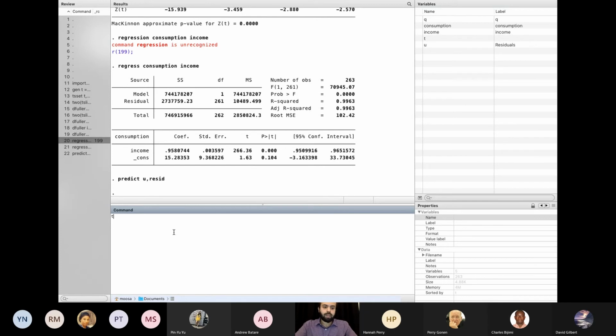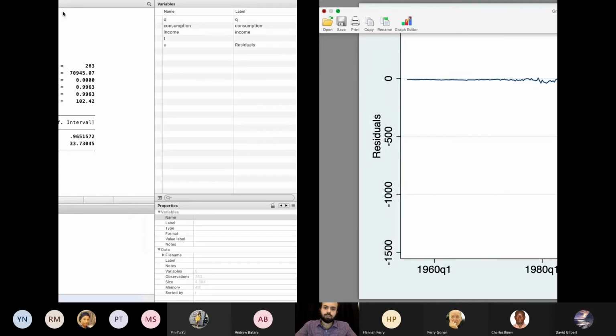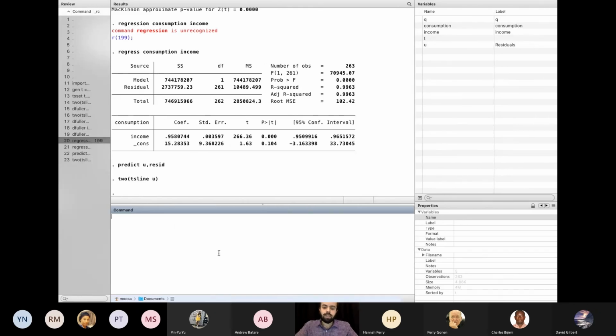And when we have a look at how this can be graphed, we have u, which looks stationary. If this is stationary, then we would have co-integration. That's simply what the Engle-Granger co-integration test is. So in order to examine if this is stationary,